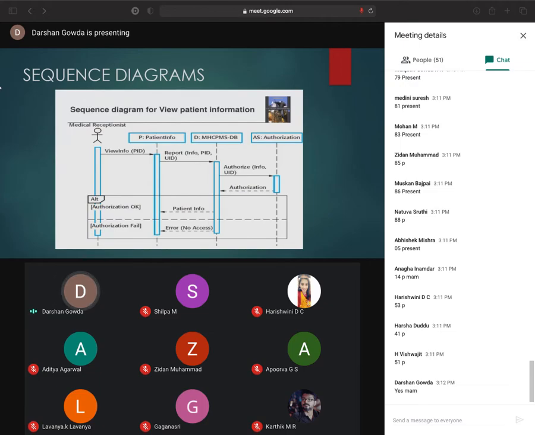The instance P calls the database, providing the medical receptionist identifier ID, and if she is an authenticated user, only then does it give permission to view the patient information and sends the data back to the medical receptionist. If she is not an authorized user, error messages are displayed.